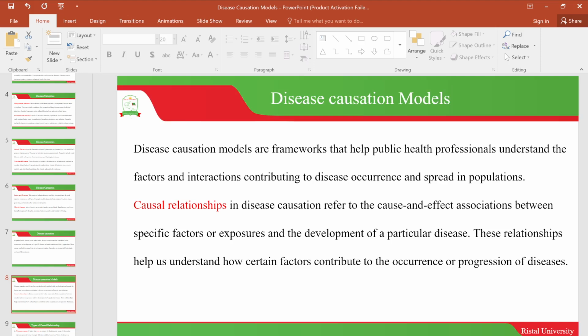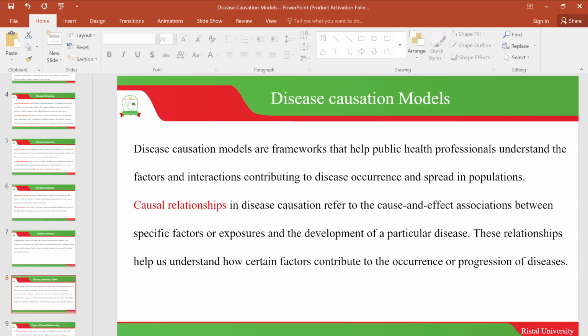We use disease causation models as frameworks to basically explain and understand how diseases happen in a particular community. What are the different factors that result in diseases occurring in a particular population? So when we talk about disease causation models, that is what we mean. Okay, if we look at malaria,